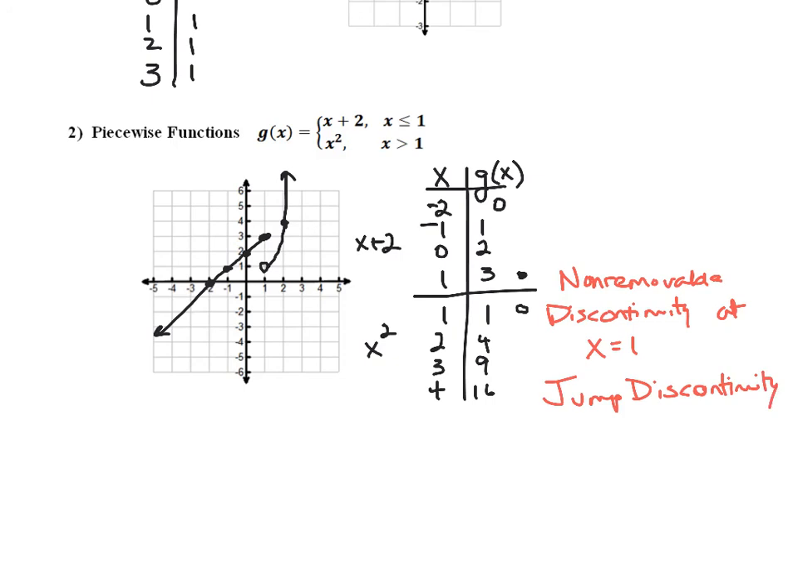So hopefully this has been a good review for you of removable and non-removable discontinuities. We'll be working on these in class for the next few days, so it's very important that you understand the terminology that we are using and how we determine whether we have a removable or a non-removable discontinuity on a graph, because this is going to be important for us throughout the whole year in AP